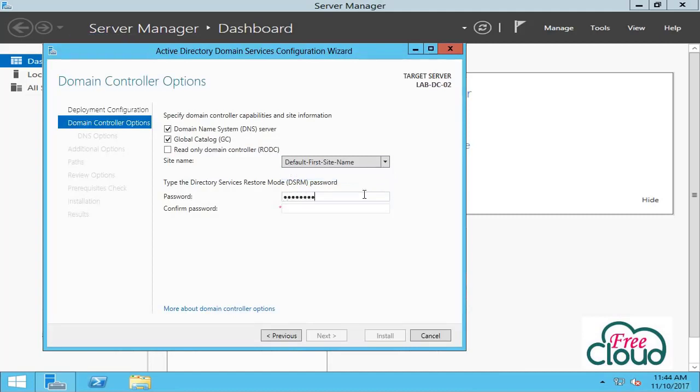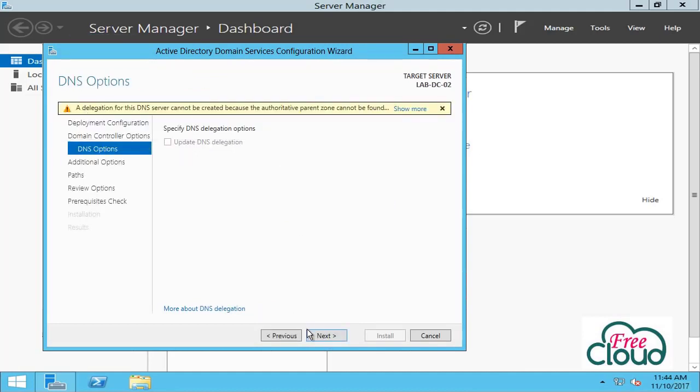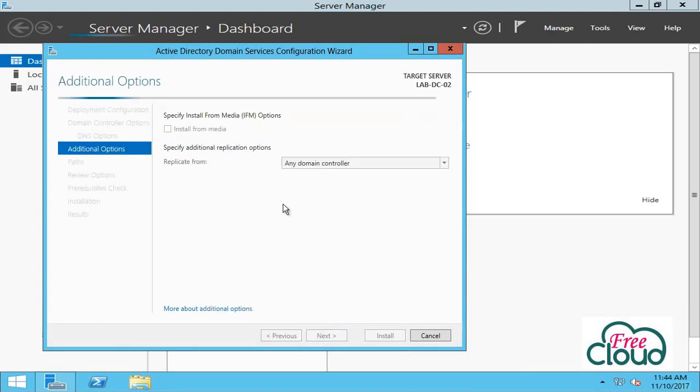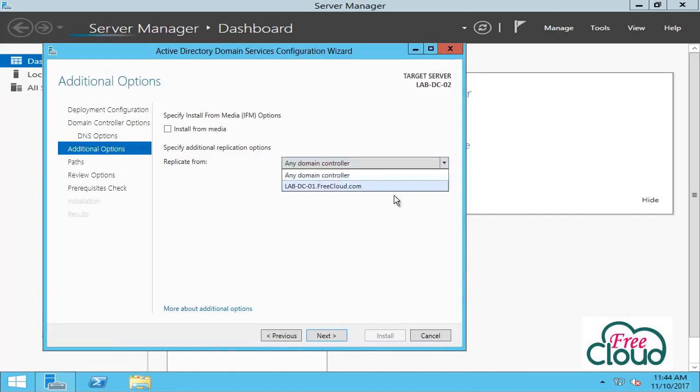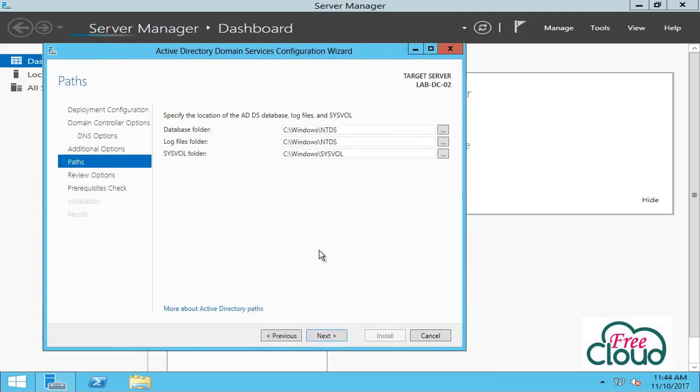Enter directory service restore mode password. Next. DNS delegation warning, as this server is not yet a DNS server. Next. Select the source DC to replicate from. We can define if we need to install this domain controller from any domain controller or specific domain controller. I will select first domain controller lab-dc-01. Next,